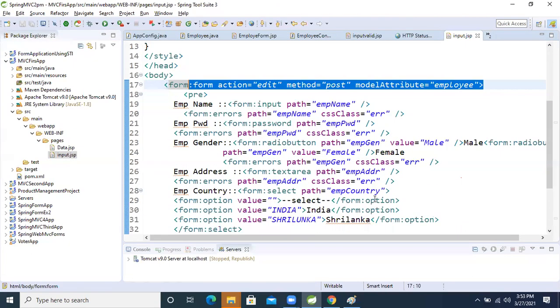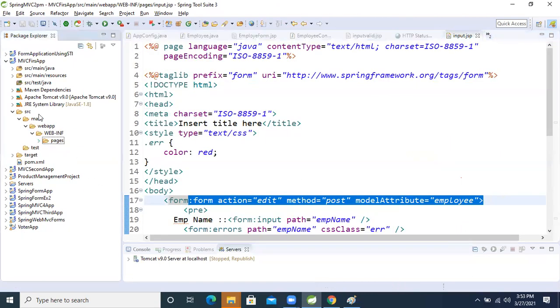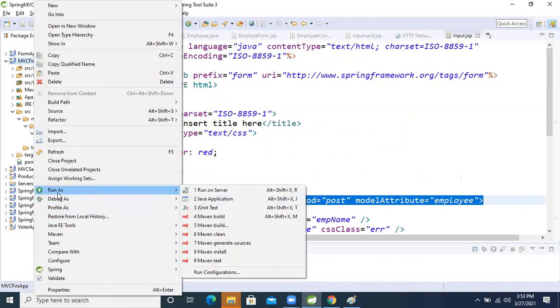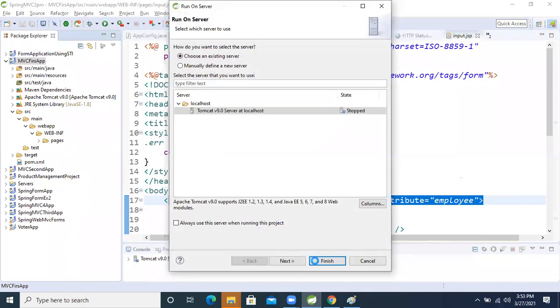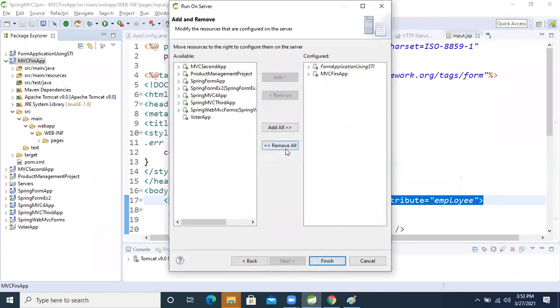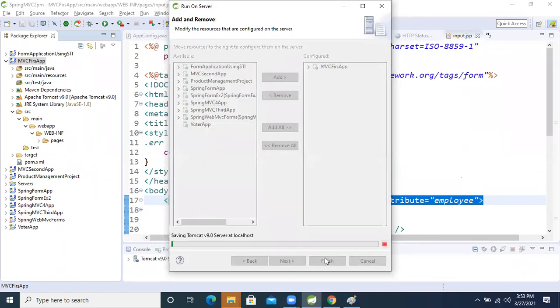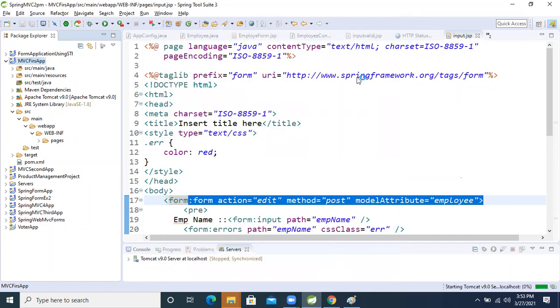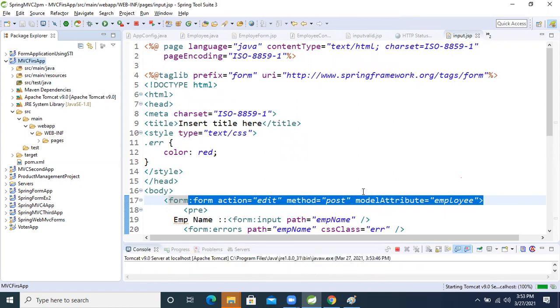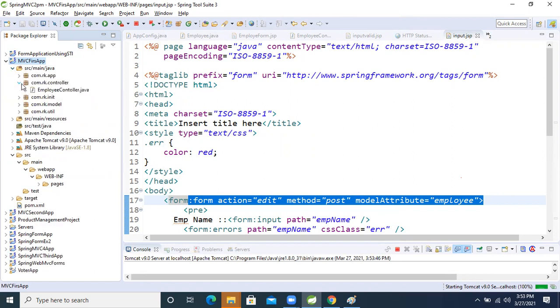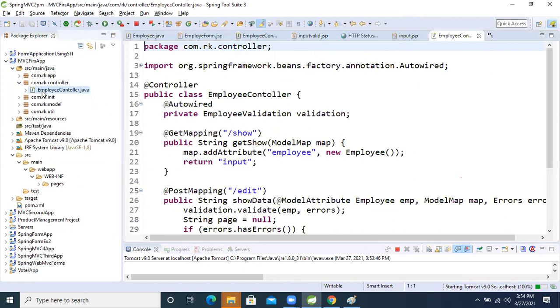See, okay, one minute. I will run this application and see whether this one is working or not. Same concept.